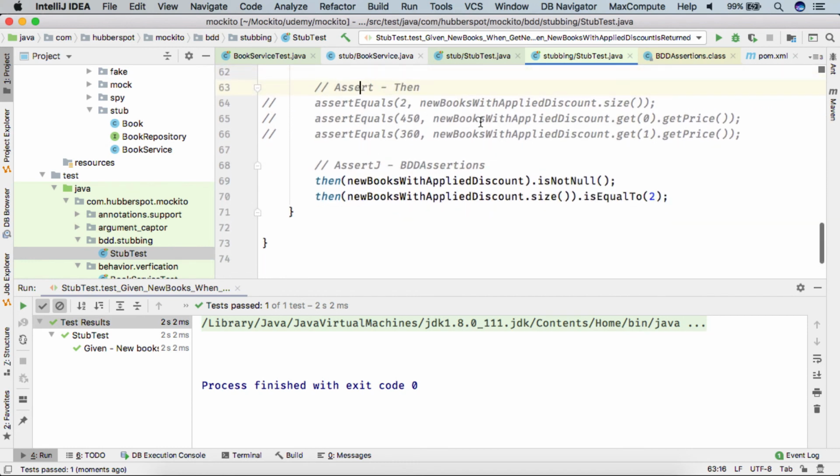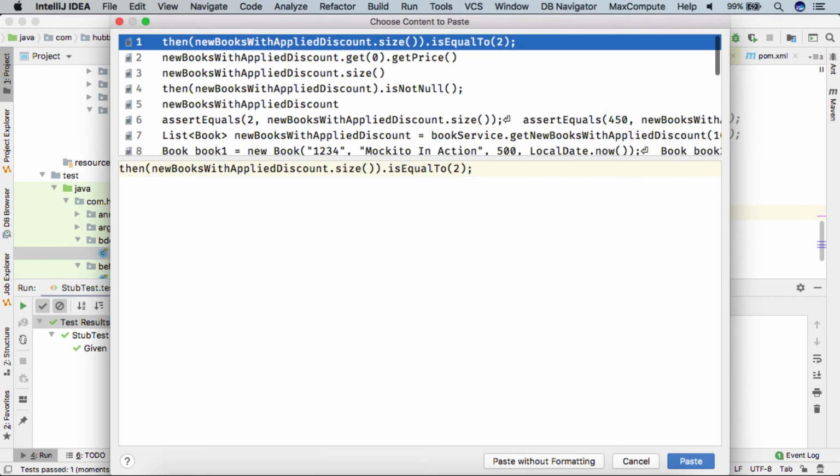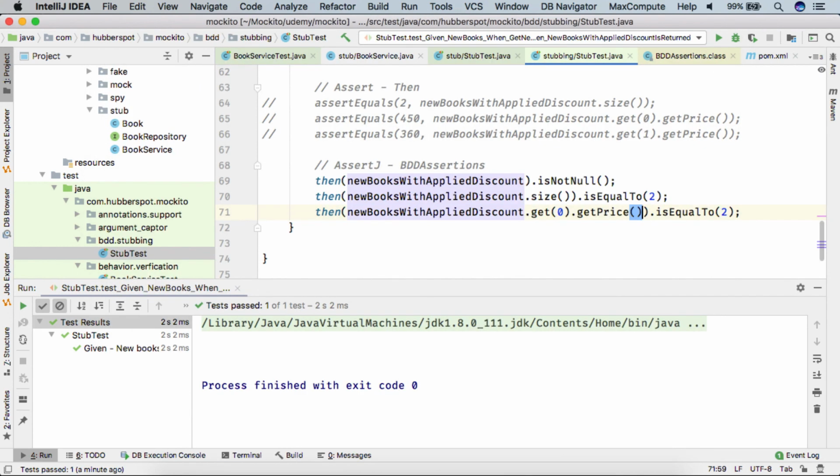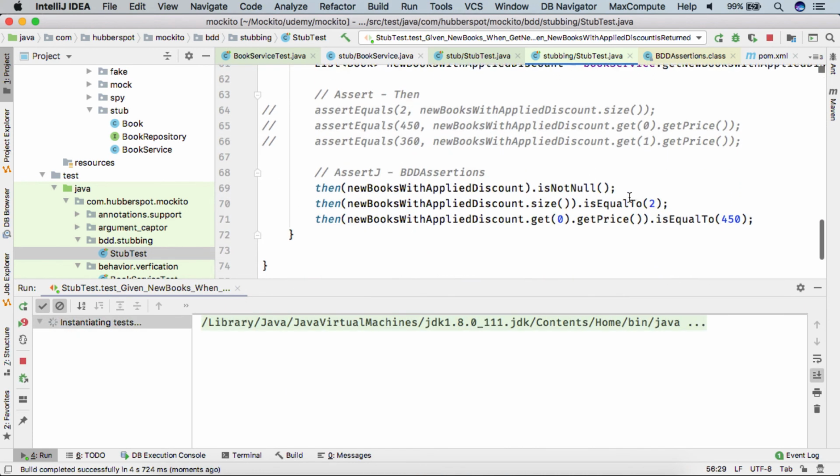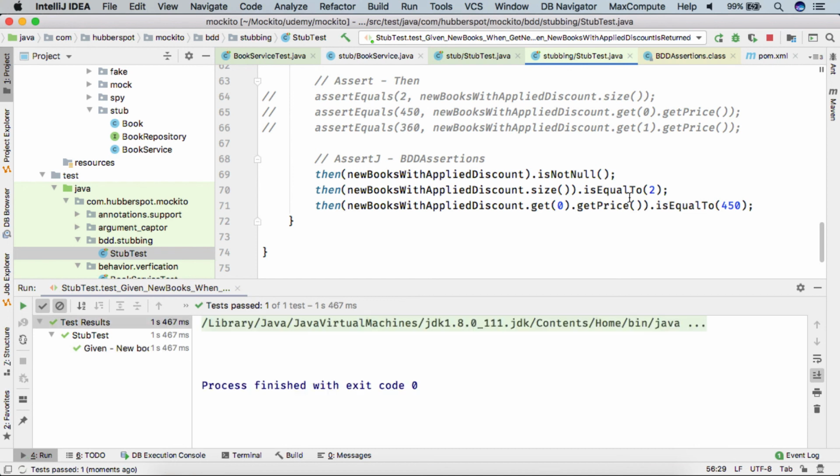Similarly we can provide other asserts. Let's say I copy this part, and inside that I do Command Shift V and place this part, and here we provide the value as 450. If I run the test case again, you can see the test case got executed successfully.